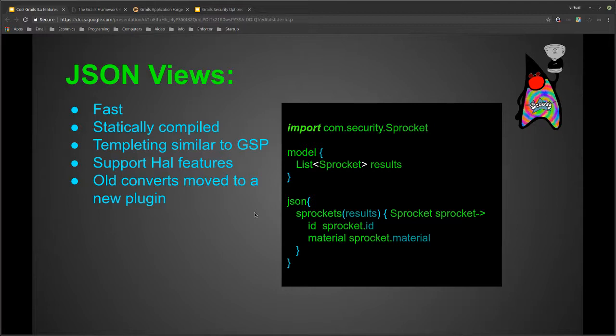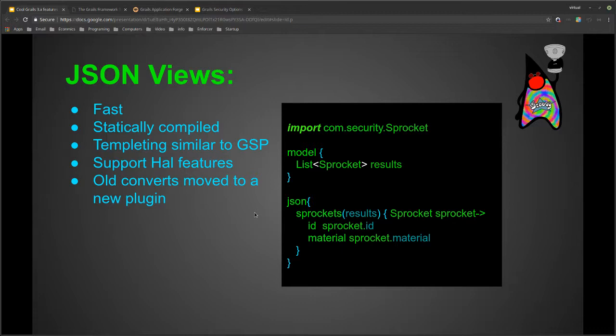So now into some actual code. JSON Views. Basically, this is another thing that was replaced in Grails. I think it replaces it almost completely in Grails 3.3, or in some of the profiles. Instead of doing the as JSON, which you're probably familiar with, where you get a map of whatever it was you wanted to do, you do as JSON and render that out. Basically, that has been deprecated.